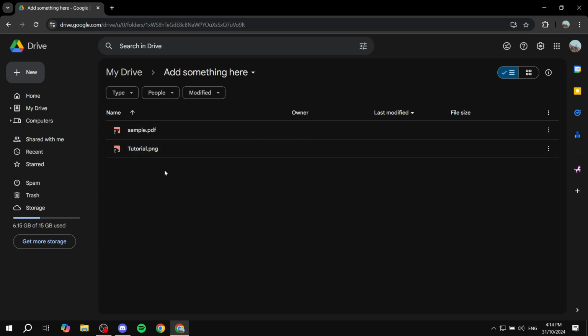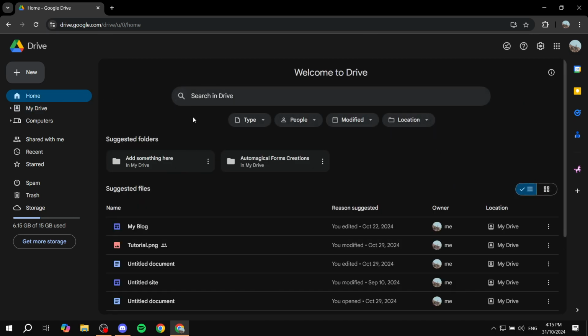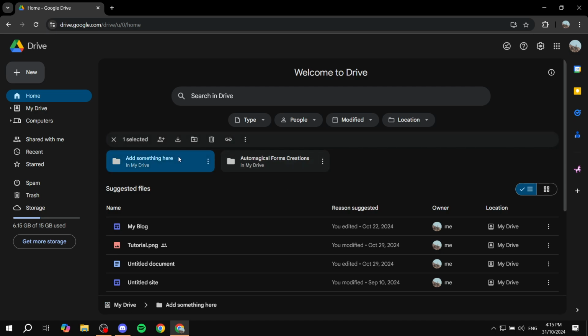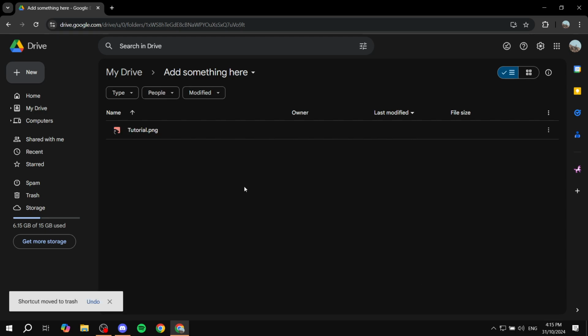So to remove all the shortcuts in your drive, the answer is that you actually have to go and delete them one by one. There's no option out there that is going to allow you to remove all of them at once. You just have to actually remove them one by one. However, it could actually be made easy for you. So instead of going to each specific folder and removing them by just deleting them like so, instead